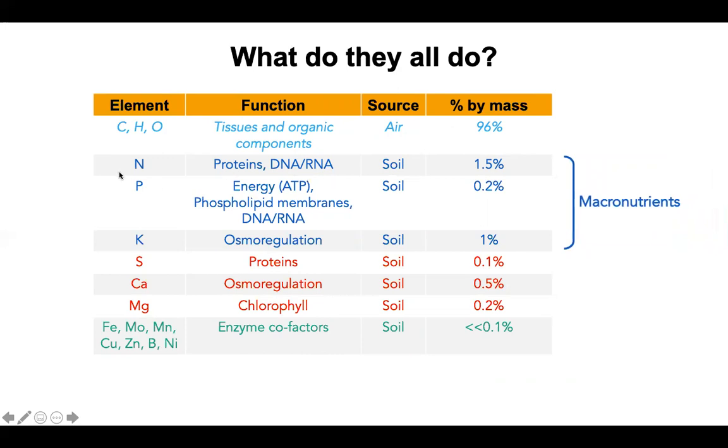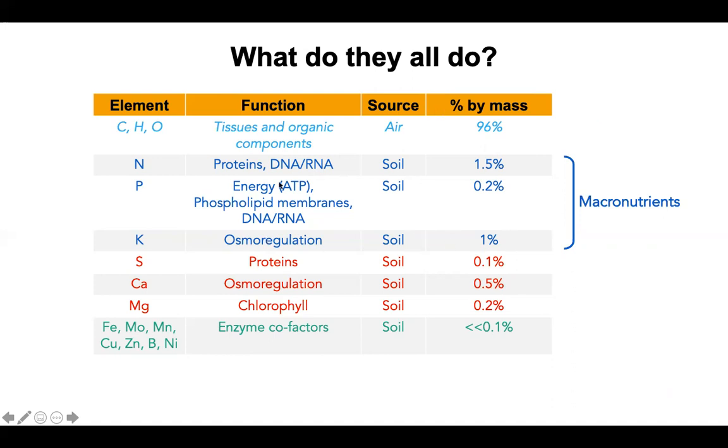Then we have our macronutrients: nitrogen, phosphorus, and potassium. Nitrogen is plentiful in proteins, and it's also in DNA and RNA, right? DNA and RNA are nucleic acids, and those nucleic acids have their nitrogenous bases, the C, T, A, and G, or U instead of the A in RNA. But those are our nitrogenous bases of different types. Now you'll notice that all three of these come from soil, and they're needed in between 2 to 1%, in